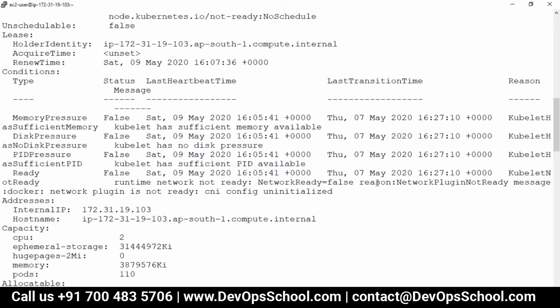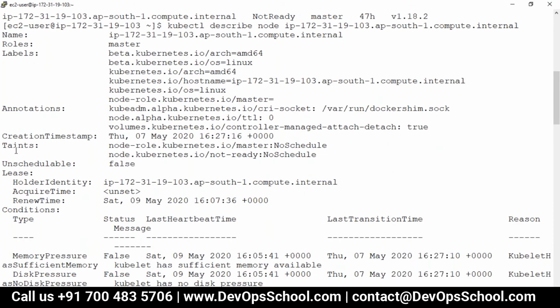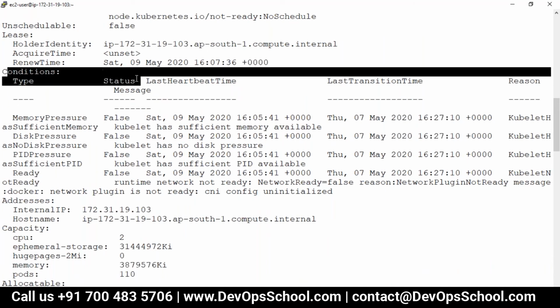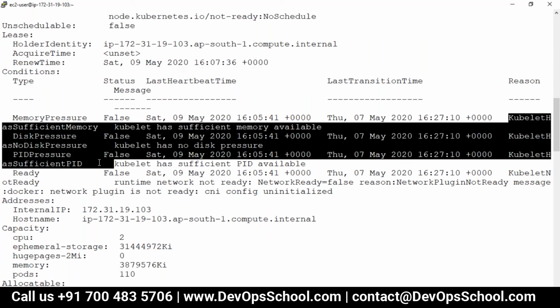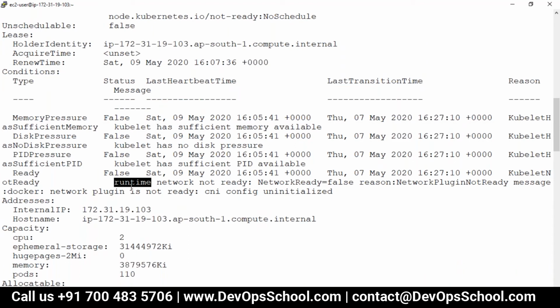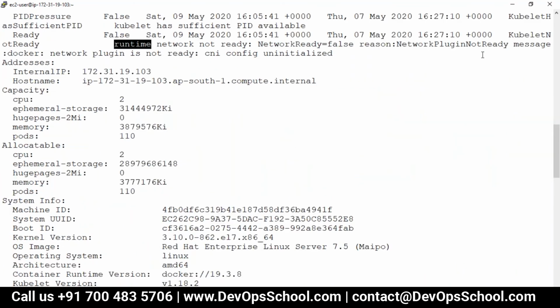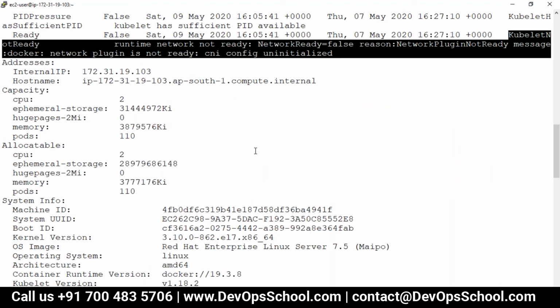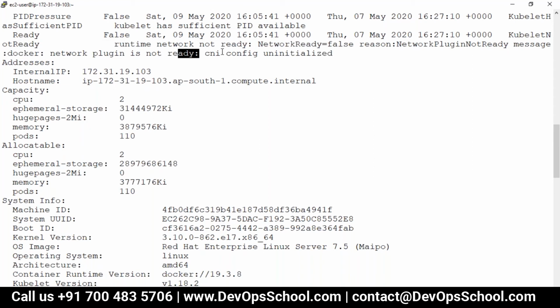And here in this condition type, there is something fishy. I read it. What is this? It says message: Docker network plugin is not ready, CNI config uninitialized.